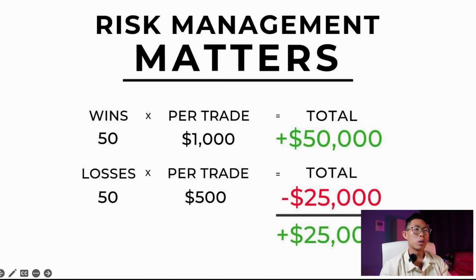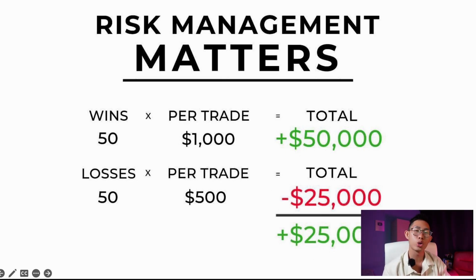So another example, let's say we take 100 trades. We take a total of 100 trades with a 50% win rate. So I win half of the trades that I take. And you only take trades with a 1:2 risk to reward ratio. So when I lose, I lose $500. But when I win, I win $1,000. In this case, when I win, I made a total of 50K, right? 50 times $1,000, 50K. When I lose, I lost a total of 25K. So you see, I end up getting a net profit of 25K, even though I lose half of the time. I lose half of the time and I still get a net profit of $25,000.